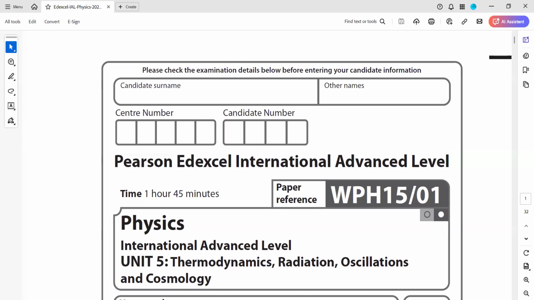So January 23, Unit 5, we'll discuss the MCQs. So the first question,